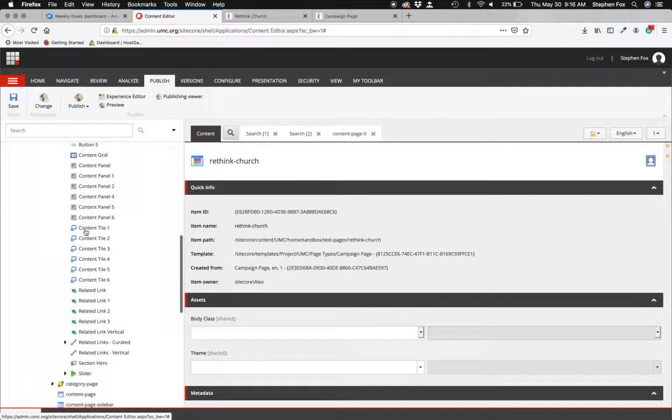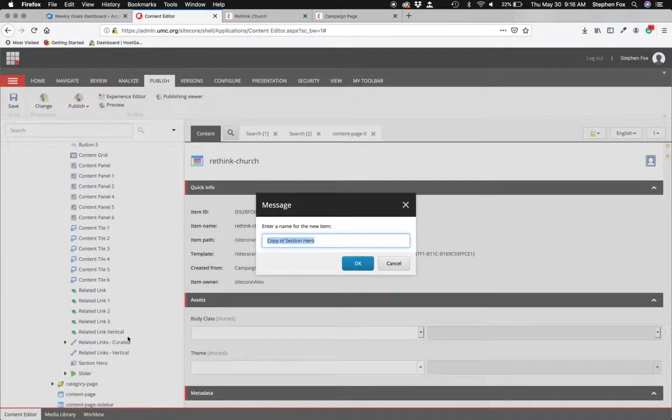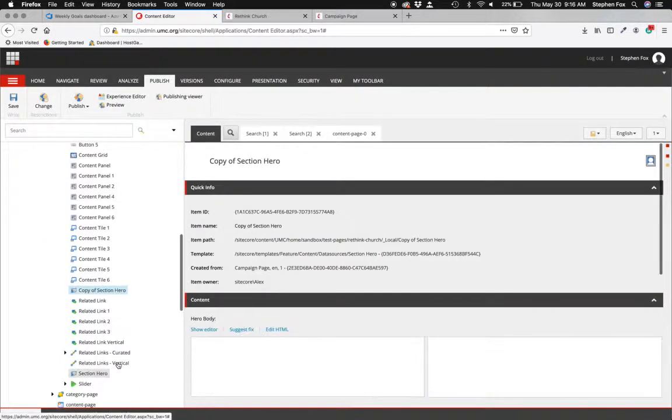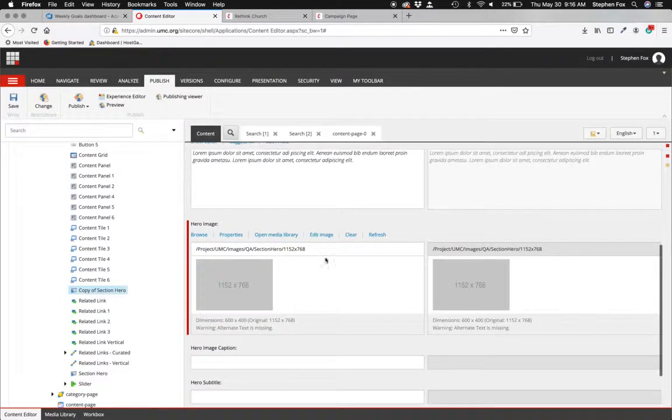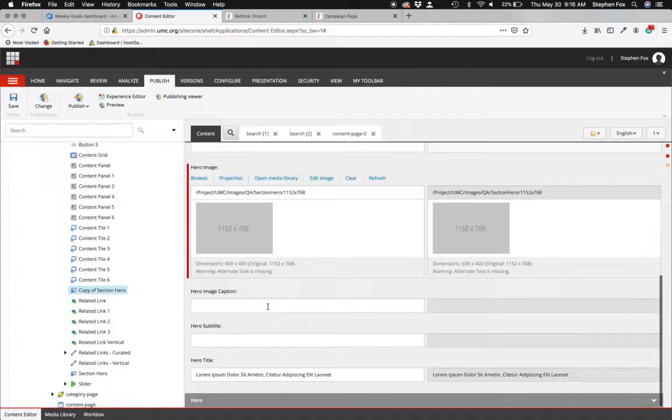If we scroll down, you're going to notice this is a section hero. Just for the sake of argument, I'm going to duplicate the section hero, create a second instance of it, copy of section hero, and click enter. That's going to create a perfect duplicate of the section hero. If we go over to the content editor to view this hero, we'll see that the same selections that are in that original section hero have been made. It's a perfect copy. So I'm going to save that,